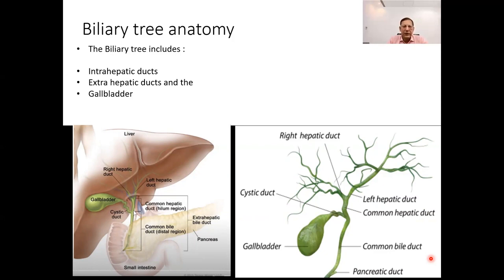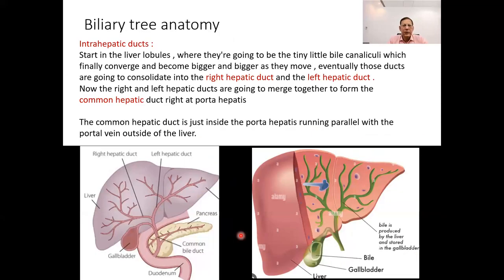gallbladder. The intrahepatic ducts are a network of small bile ducts which are located within the liver. Within the liver, the parenchymal or functional cells of the liver are called hepatocytes. Hepato means liver, cytes means cells. So cells of the liver are called hepatocytes, which have many functions. One of the functions of the hepatocyte is also to produce bile, which is a digestive